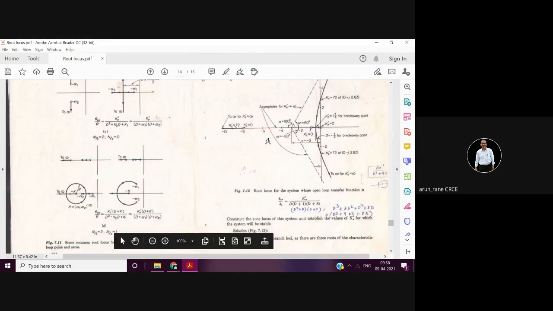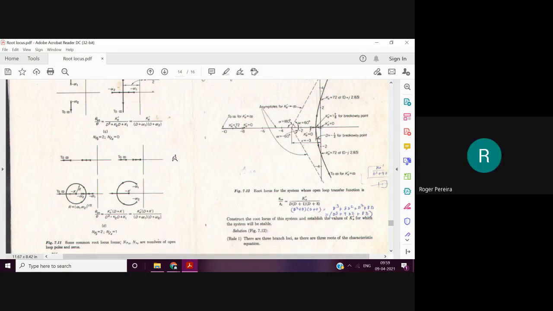Okay, and where is your minus 5.5? It is somewhere here, but there is no root locus from here to here, correct? So that means minus 5.5 you have to ignore. So in this case, the root locus are not breaking in, they are only breaking out, and it is true because they are going to infinity. This is going to infinity, this is going to infinity, and this is also going to infinity. You understood this?